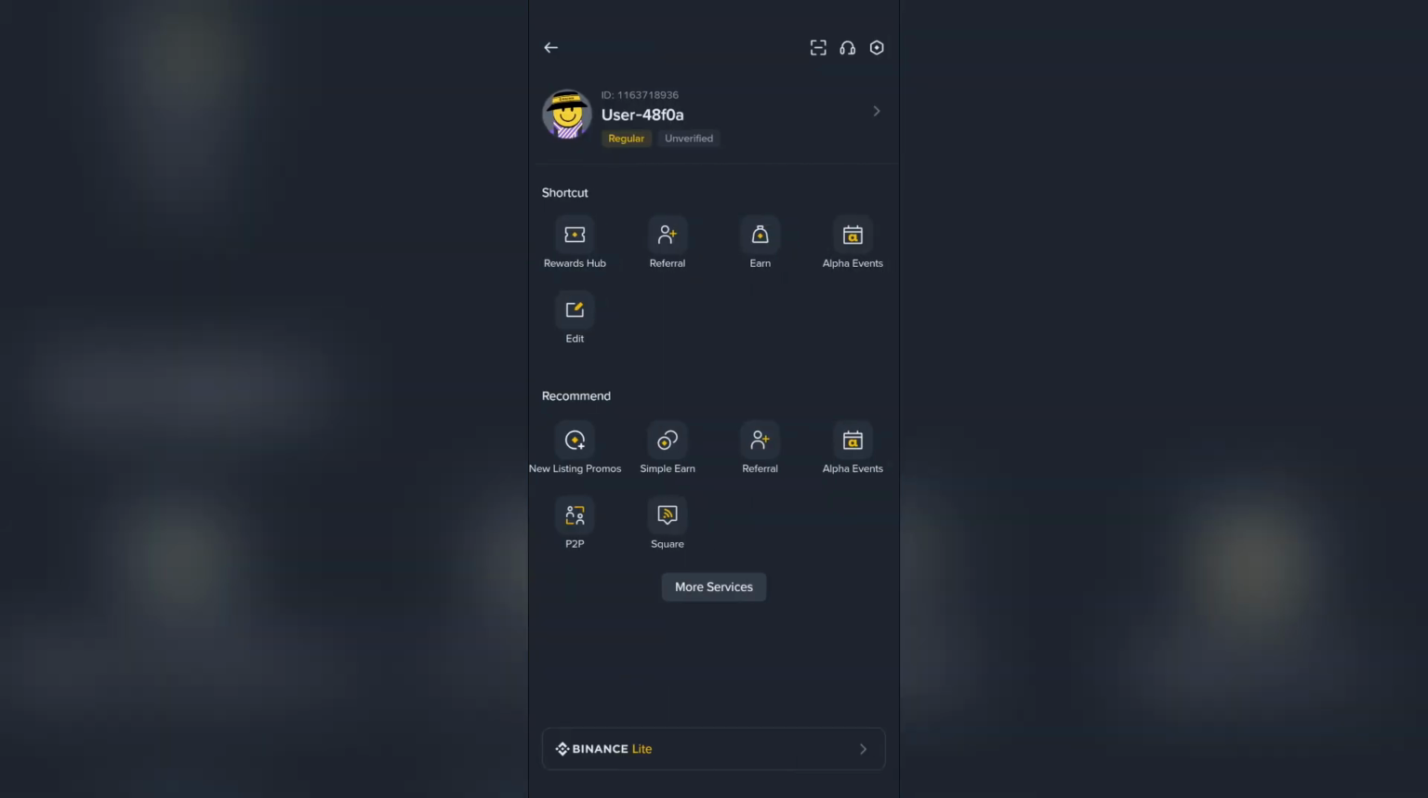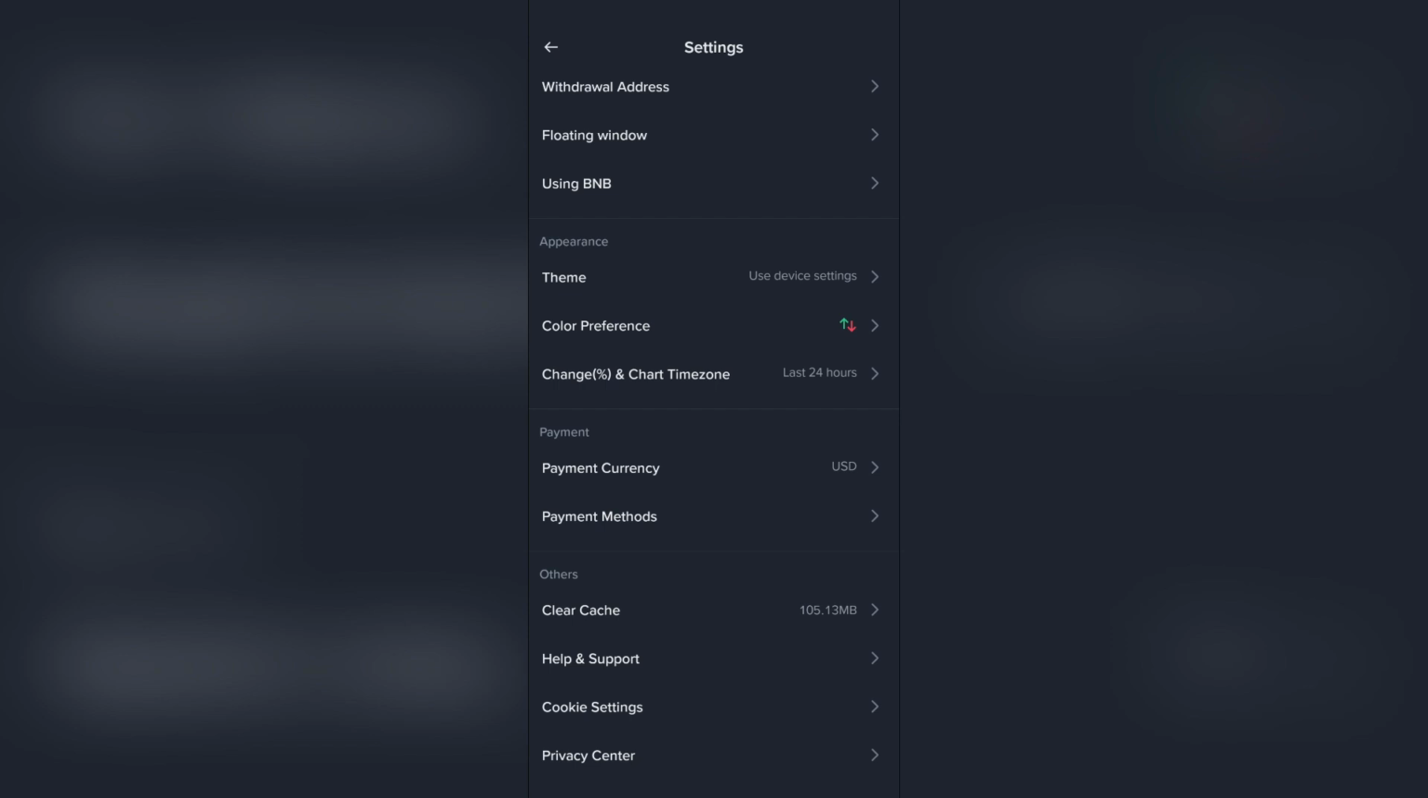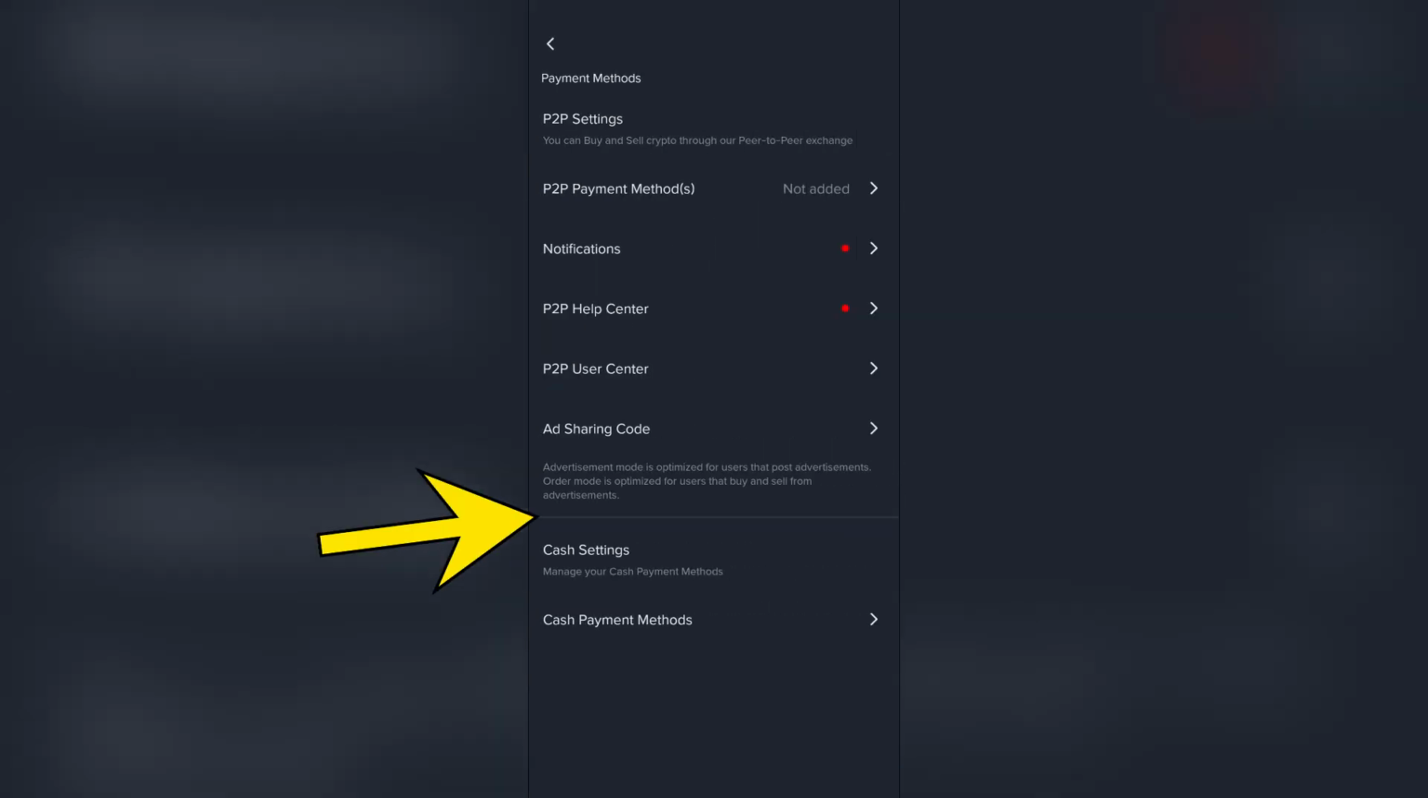Simply tap into that, and after that, you will get gear option into the top right corner. Tap into that one. Now, after going into here, you will get to see this option of payment into here. Now you just simply need to tap into this payment methods option in order to add your bank account in